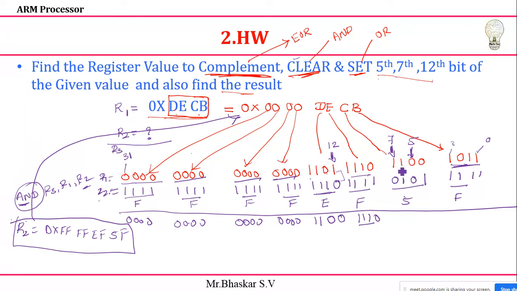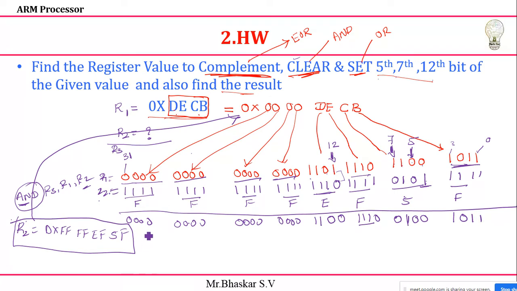Next, here we are doing changes. We need to do the operation. 1 with 0 gives 0. 1 with 1, I'll pass this bit as it is. Next, 0 with 0, I'll get 0. 0 with 1, I'll get 0. Next, this one as it is. So 1, 0, 1, 1 only I'll get.